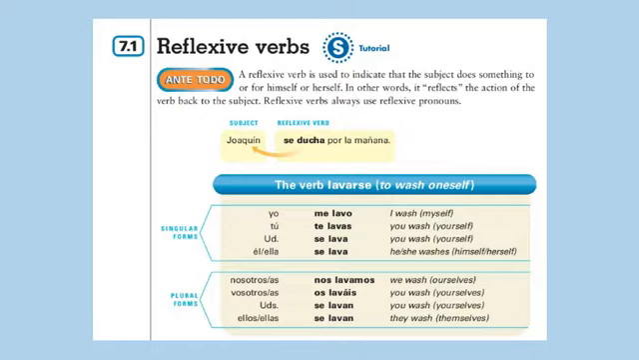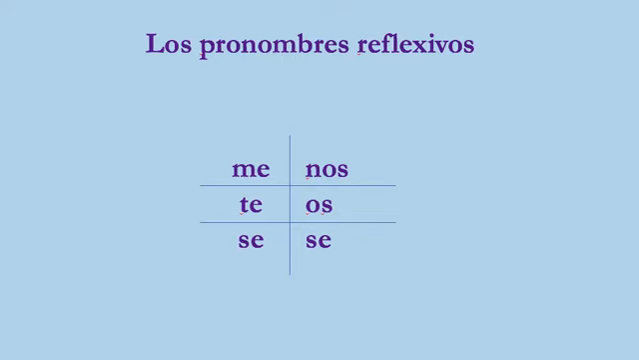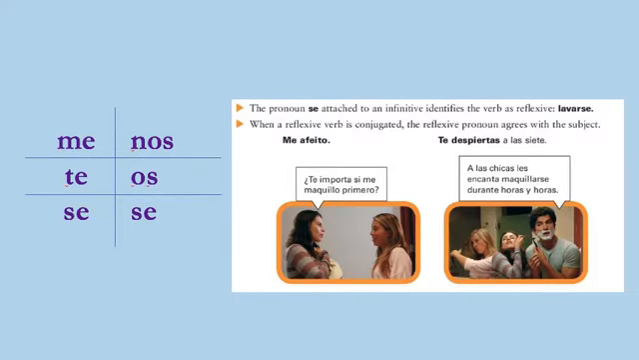They're specific to Spanish. And reflexive verbs always use reflexive pronouns, which are me, te, se, nos, os, se. Once again, me, te, se, nos, os, se. So when a reflexive verb is conjugated, the reflexive pronoun agrees with the subject. Like yo me afeito, or tú te afeitas, él se afeita, nosotros nos afeitamos, vosotros os afeitáis, ellos, ellas, ustedes